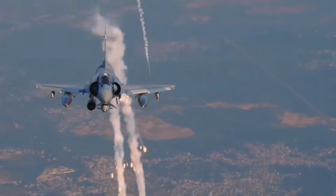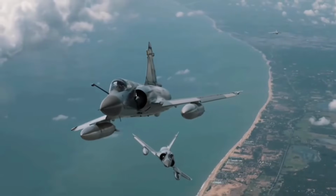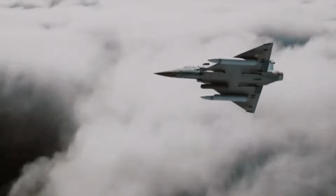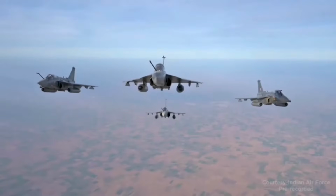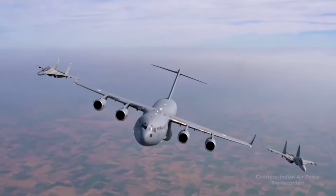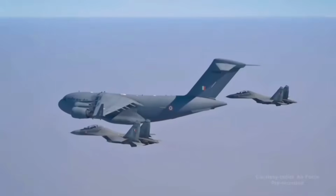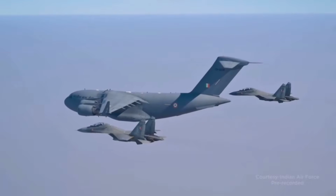The Indian Air Force has become a vital teacher in modern air combat, especially as tensions rise across the Indo-Pacific. With more than 260 Sukhoi Su-30 MKI fighter jets, India's advanced and heavily upgraded version of the Russian Su-30, the IAF has turned its deep experience into training programs for other nations. These jets, long used to protect India's borders with China, are now helping Western and Asian air forces learn how to counter Chinese aircraft like the J-11, J-15 and J-16, all of which are based on the same Flanker design